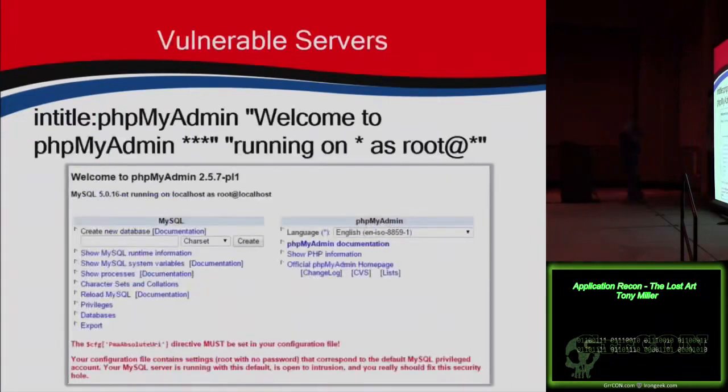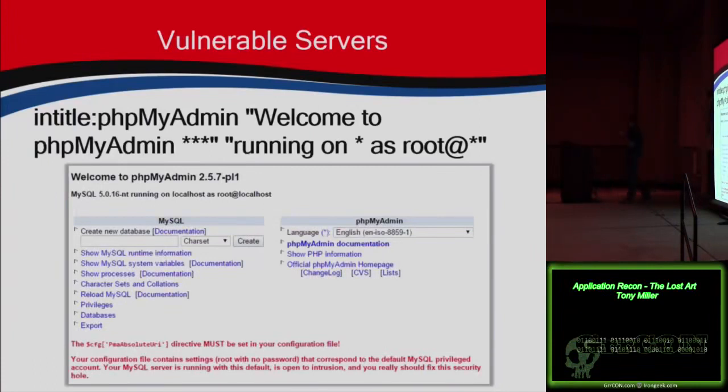This is one I actually stole from the Google Hacking Database. I'll give them credit for this one. This was a Google dork that was out there, but I liked it. In title, phpMyAdmin running as root. I love this one. And this one I did actually, I'll admit, and if there's law enforcement out there, I may end up in handcuffs at the end of the day. All I did was click the one link from Google. It took me to this page. I swear I didn't do anything past that. But that's pretty wide open. We're running as root, and I didn't have to log in.